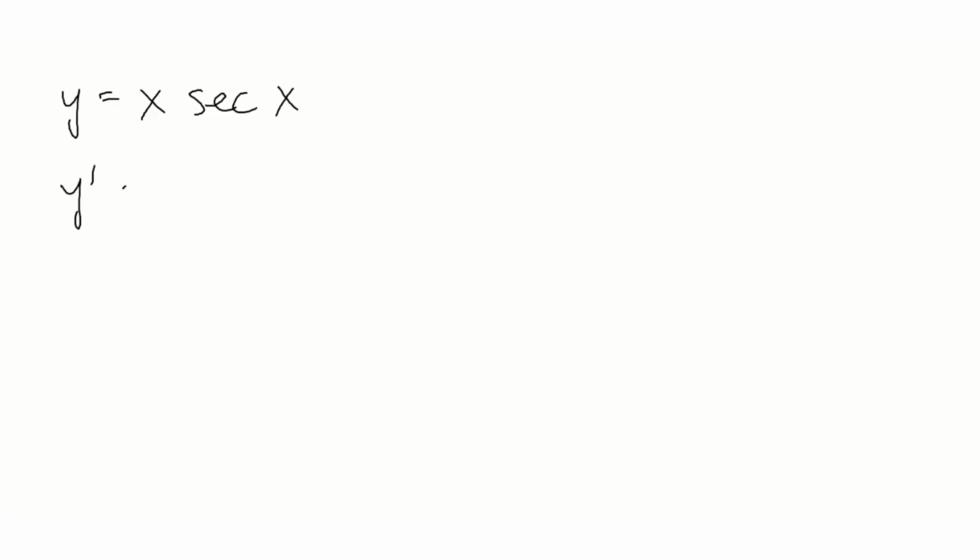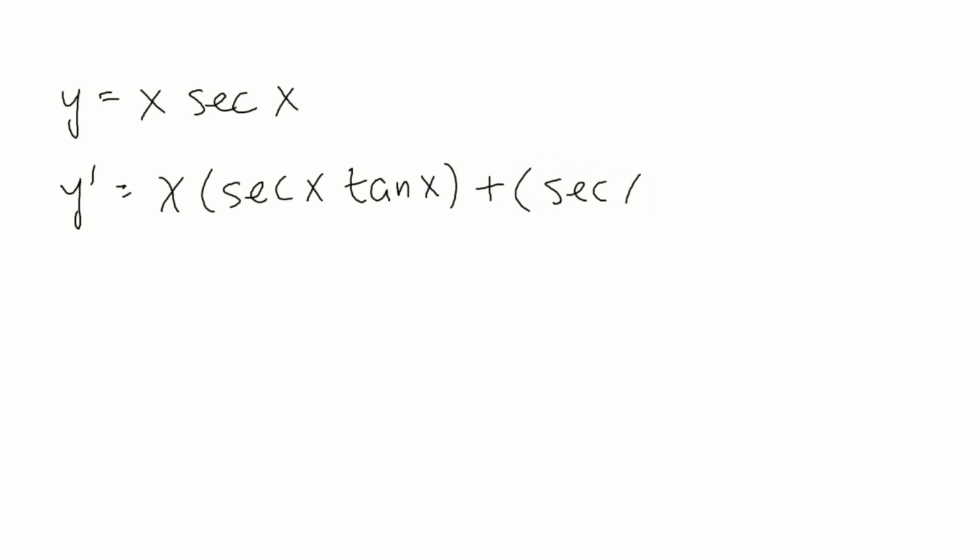To apply the product rule, we write the first function times the derivative of the second function plus the second function times the derivative of the first function. And after factoring out secant of x, we get